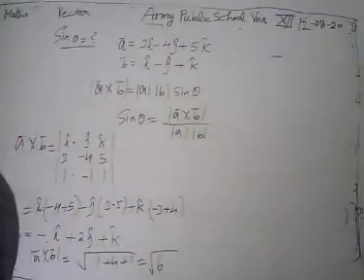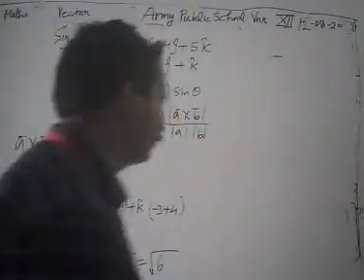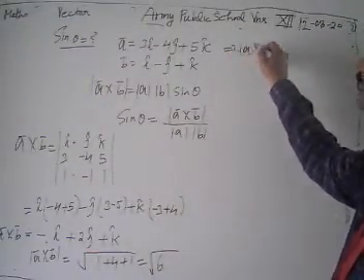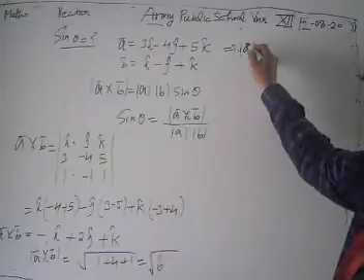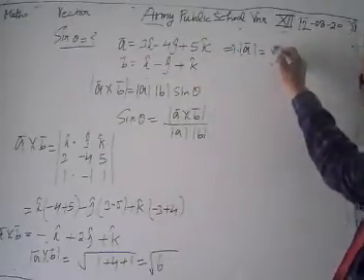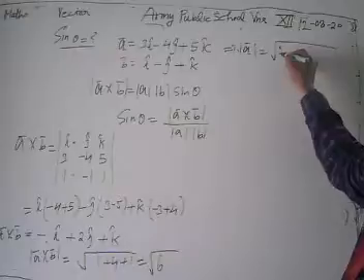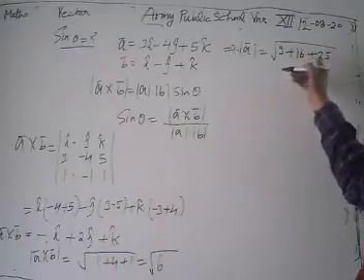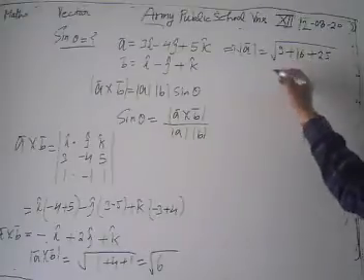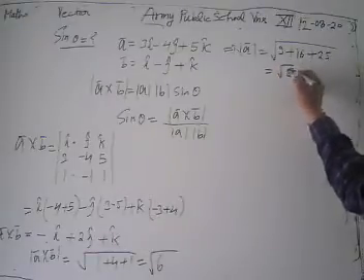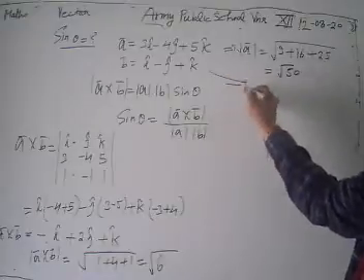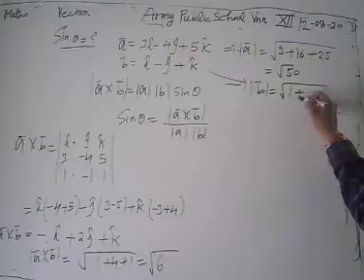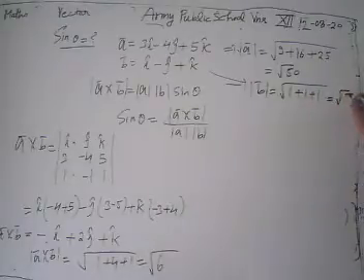Now we are here to find out the value of modulus of A cross B, and also we get the magnitude of what? Mod A. What is our magnitude or length of A? Length of vector A is given by 3 square 9 plus minus 4 square 16 plus 5 square 25. Then what we get? 25 plus 9 is 34 plus 16 is 50. What we get? Under root 50. And the magnitude or length of B is given by 1 plus 1 plus 1, we get under root 3.